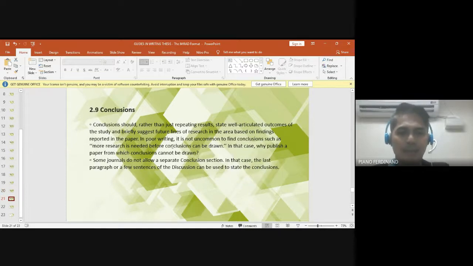Okay? So, apart from the discussions, meron din po tayong conclusions. Although ito po ay isang optional part, depende na lang po talaga kung hanapin sa atin ng ating research journal. Okay? Conclusions should, rather than just repeating results, state well-articulated outcomes of the study and briefly suggest future lines of research in which area-based findings reported in the paper. Okay, so this is basically what